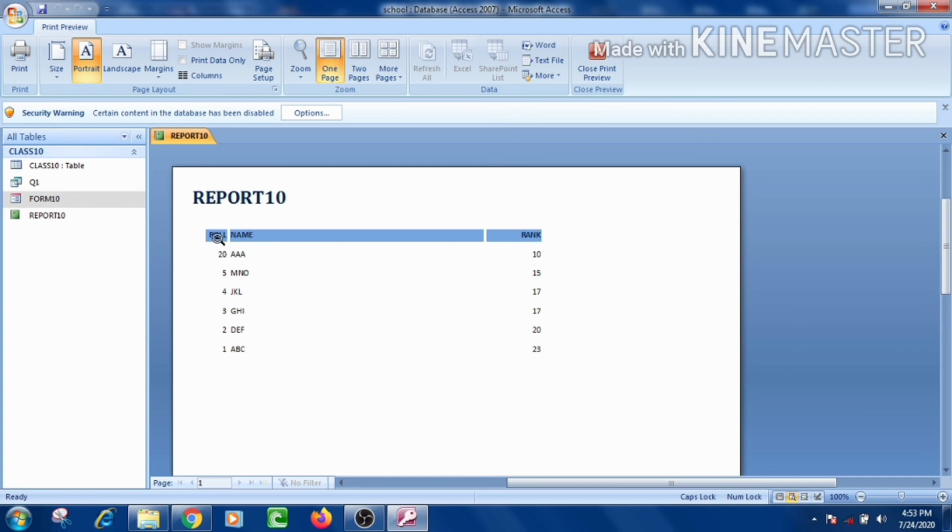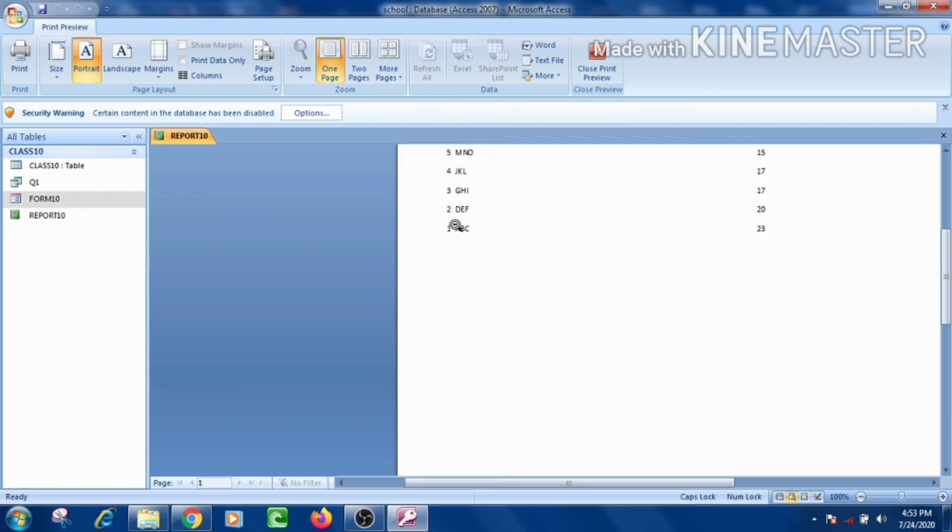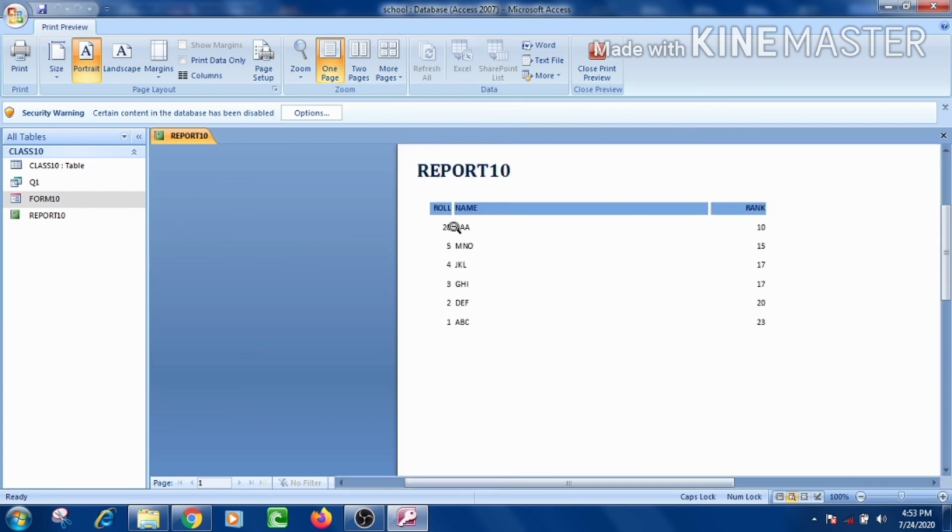And you can see here that the roll number is in descending order, because I have changed the order of the records from ascending to descending there. So this is the class 10 report only.